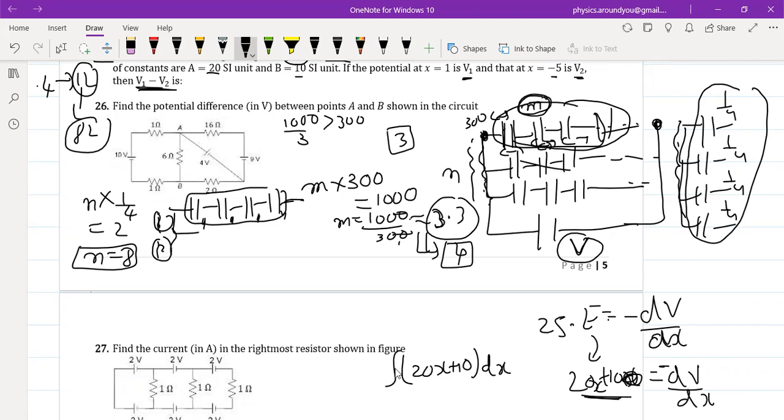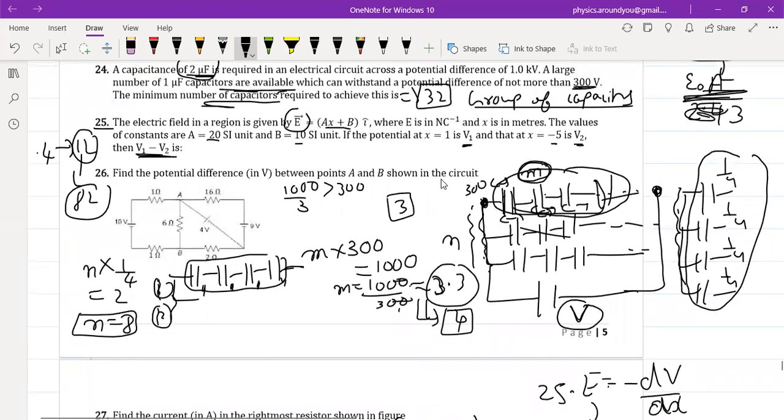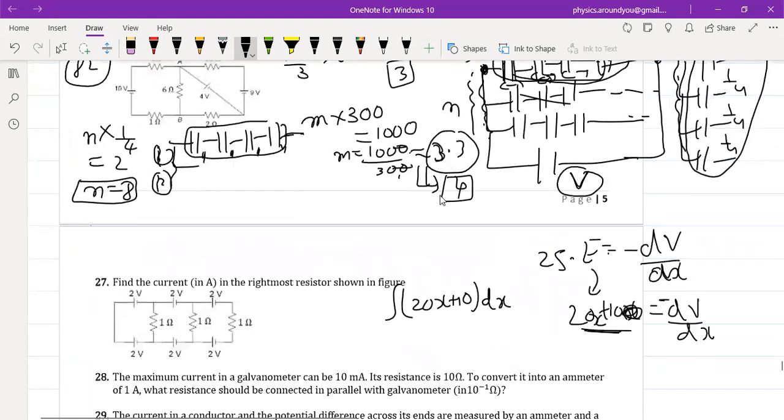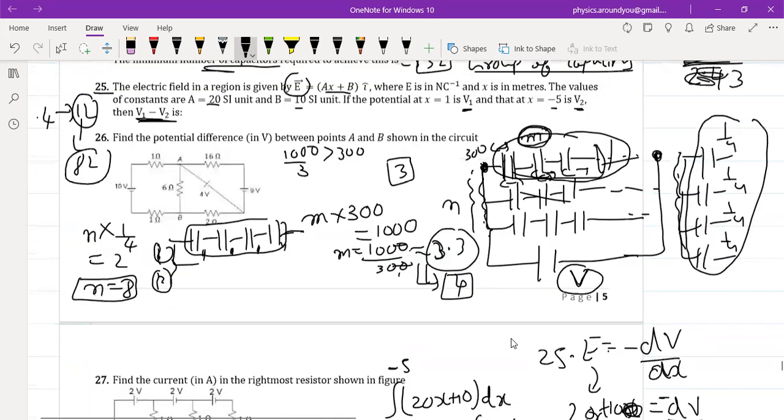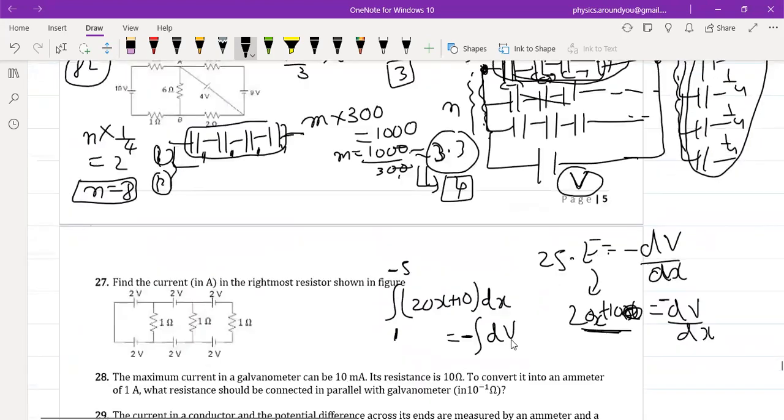What is the final point? At x equal to 1, it is V1, x equal to minus 5, right? x equal to 1 and x equal to minus 5. Similarly, over here, it would be minus dV. At x equal to 1, what is the value? At x equal to 1, it is V1. And what is at x equal to minus 5? It is V2. From here itself, you can directly get V1 minus V2 and evaluate this expression, simple integration,